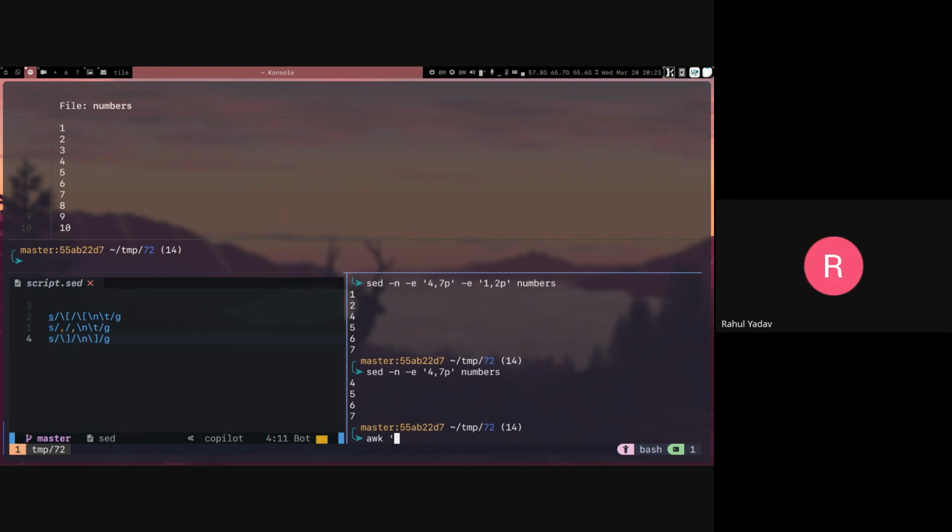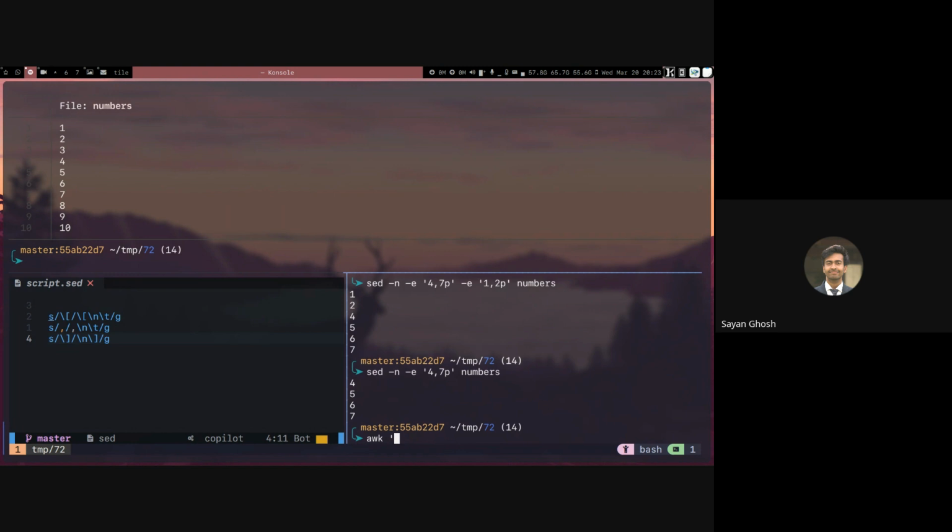We can use the if command: if NR equal to 4, then we use the end symbol 4 times. If NR equal to 4, NR equal to 5, NR equal to 6, and NR equal to 7, then print it. Okay. So we don't need to use the if because we can directly put conditions in the pattern